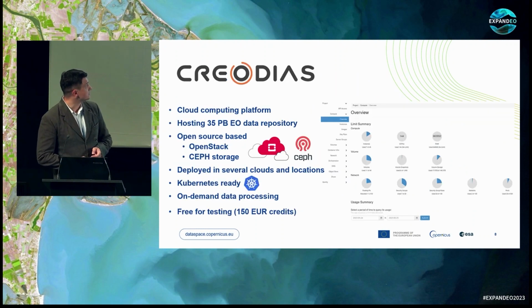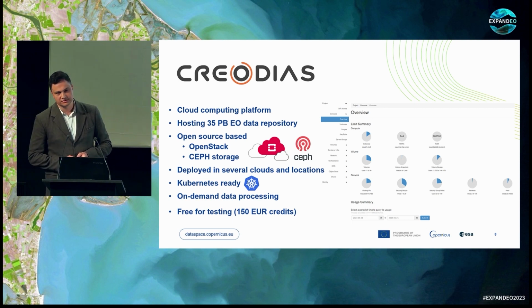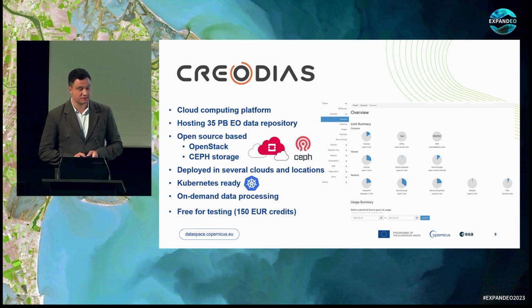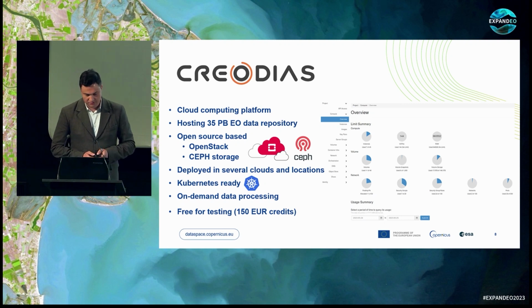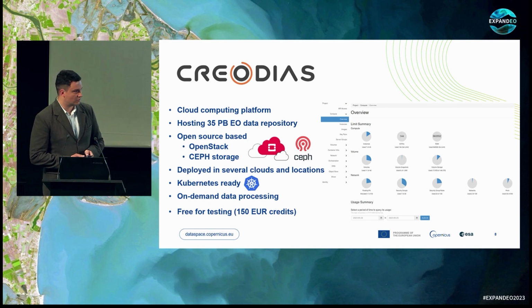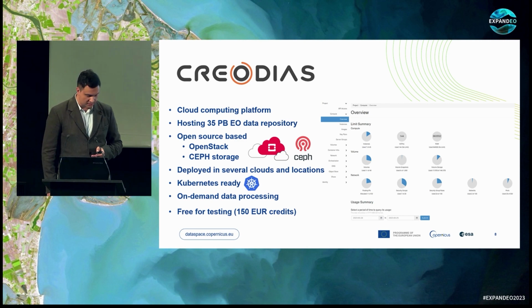To start with, the CREODIAS laid the foundation for the Copernicus Data Space Ecosystem with its 35 petabytes EO data repository, and with the computing power which is now distributed through a few cloud environments. The CREODIAS cloud is based solely on open source, with OpenStack for virtual machine orchestration, and Ceph for storage.